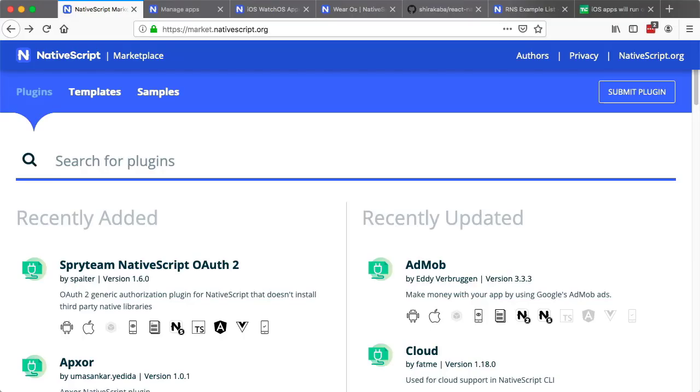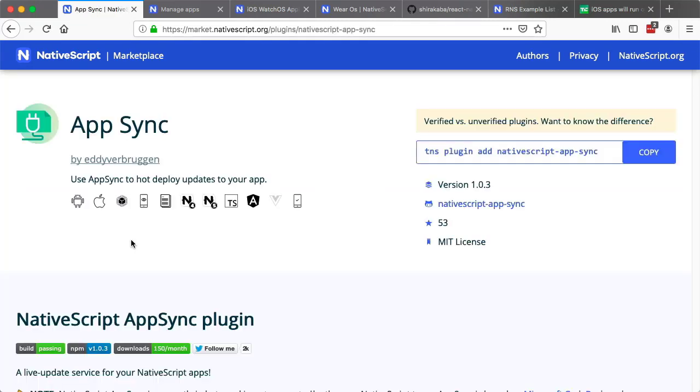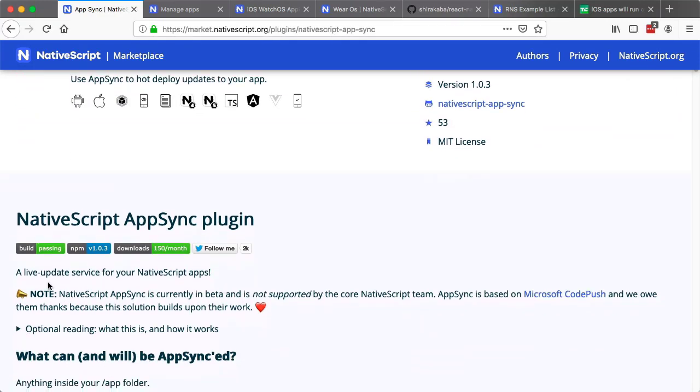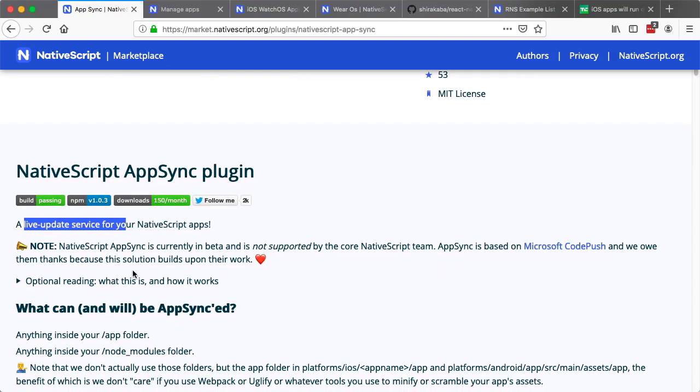All right, I'm over on my desktop and I have the NativeScript marketplace up. NativeScript AppSync is first and foremost a NativeScript plugin, and it's already available on the NativeScript marketplace. So you can head to market.nativescript.org and search for it if you'd like to follow along. AppSync is a live update service for your NativeScript apps, meaning AppSync allows you to update the source code of